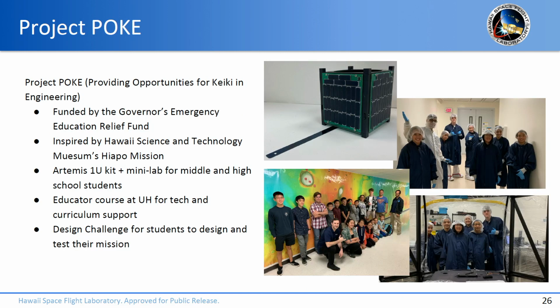So Project Poke was a program that I had developed. This was for middle and high school students to get involved and come up with their own spacecraft missions. So they got to interact with hardware and try to think of how they could make the world better using remote sensing. This was funded by the Governor's Emergency Education Relief Fund after COVID to try to spark innovative ways